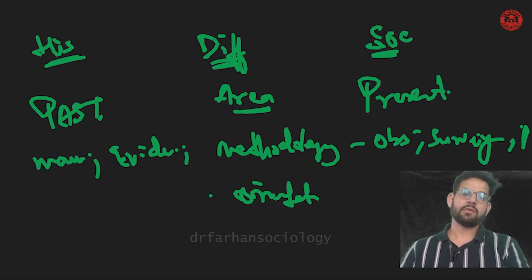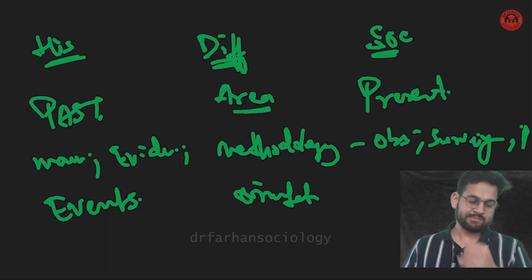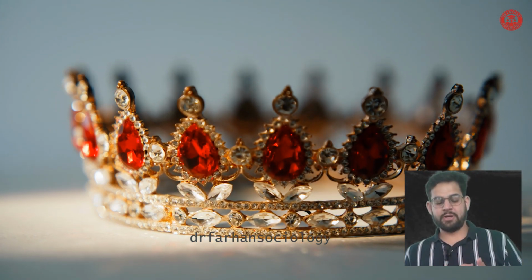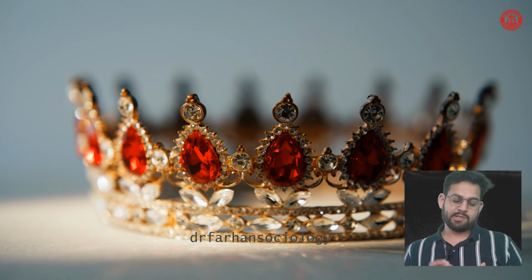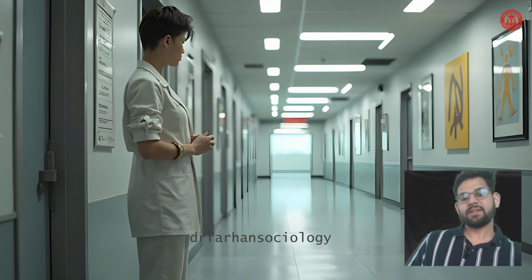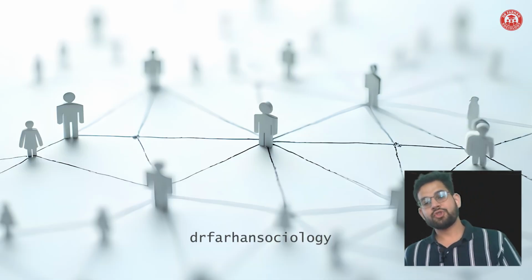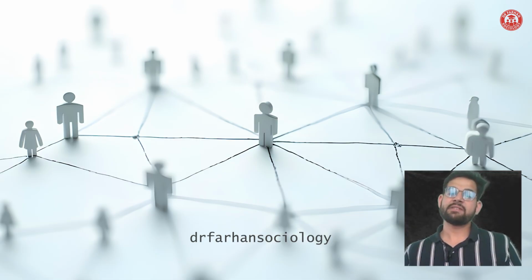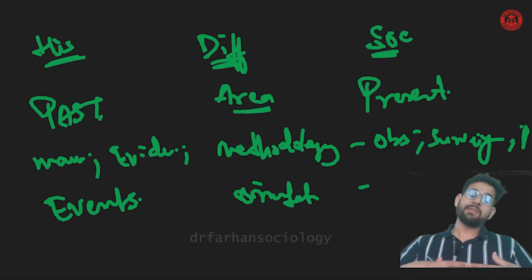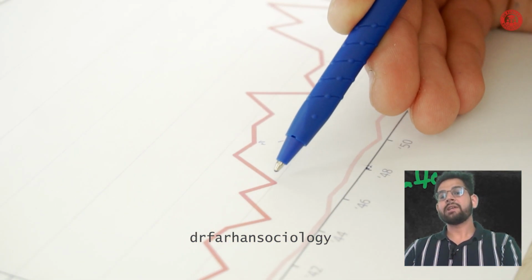Orientation. Here, history is mostly trying to capture events, such as which king came from a particular time period to another, which wars were fought, and what agreements were made. So they look at specific events that are considered milestones to study that subject. But sociology will not look at any specific events. In fact, they try to bring a commonality in those events. They don't say this was something unique; they say this was a common pattern. So they try to establish some patterns in those relationships.